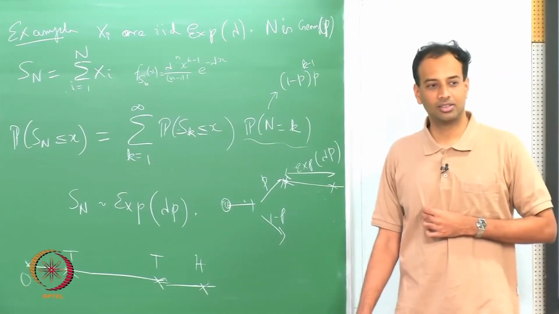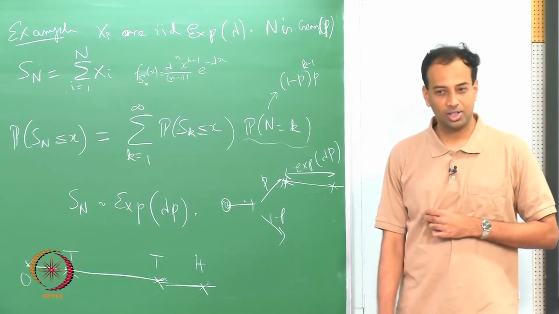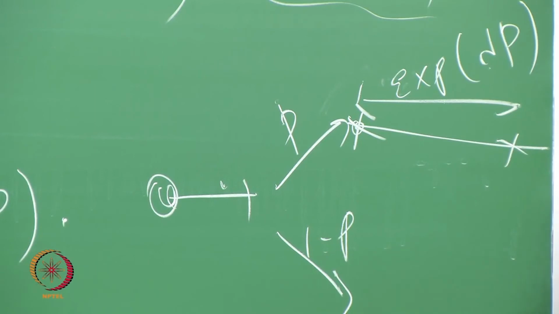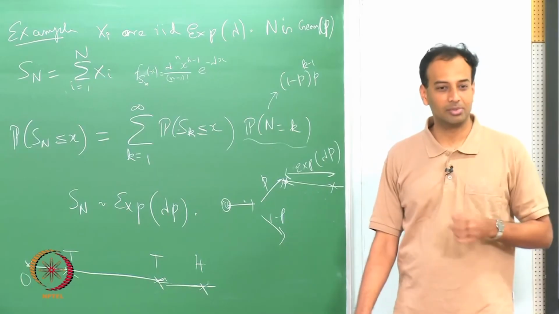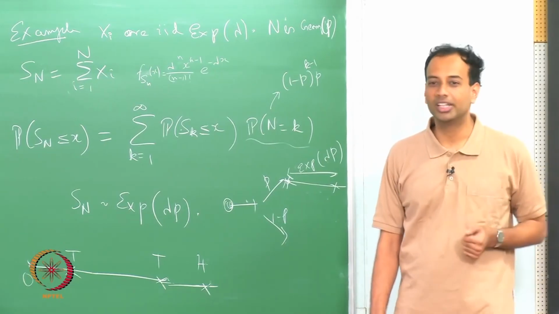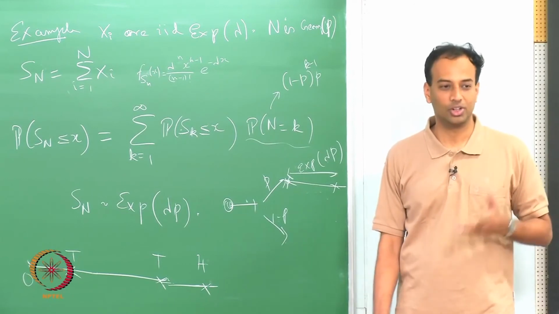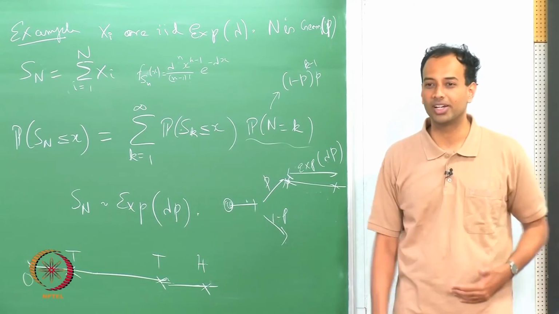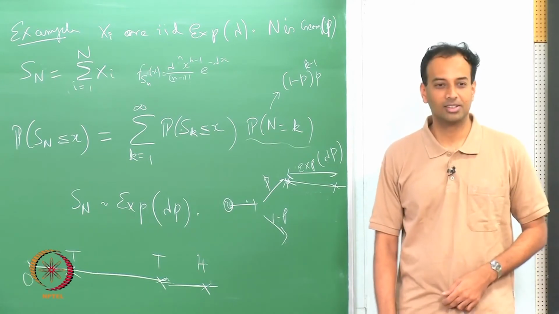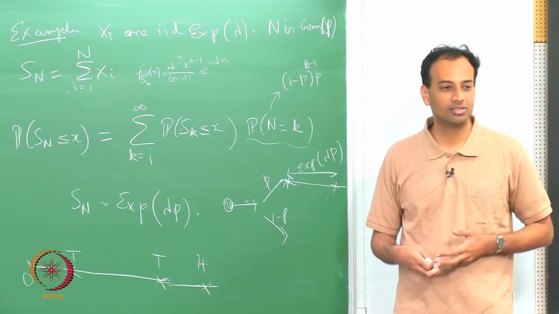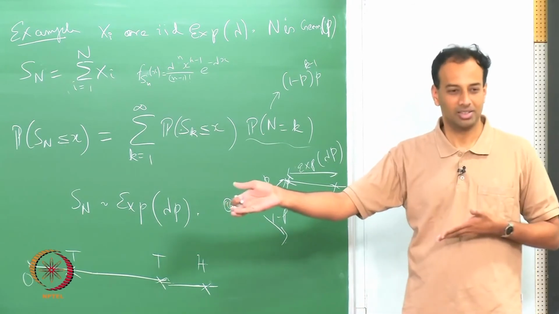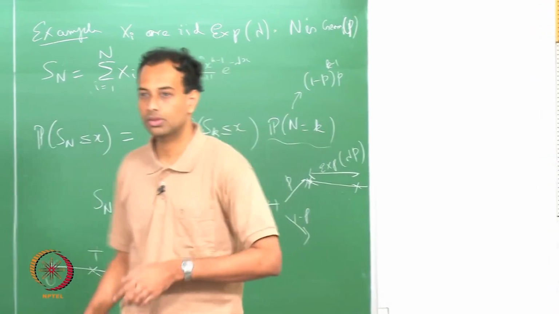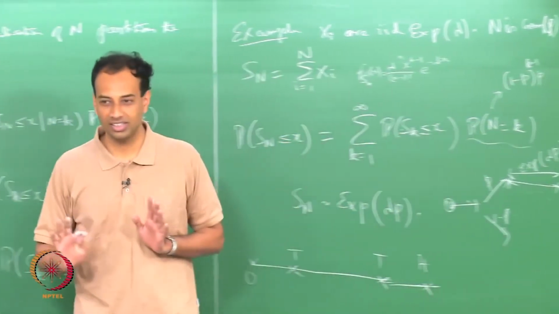Is that clear? So, you can build any other story you want. Suppose you are waiting for a taxi and the inter-arrival taxi times are exponentials, and with probability p each taxi is full, you cannot take it. The distribution of how long you wait in the taxi stand is exponential with parameter lambda times 1 minus p, because with probability p it is full. Understand this?